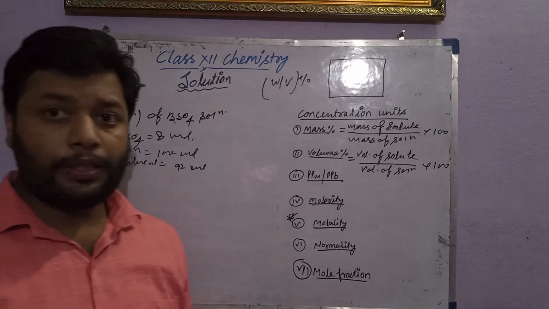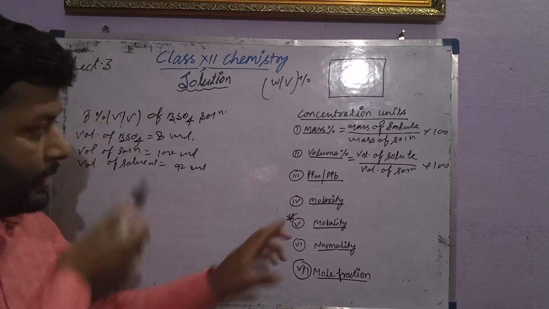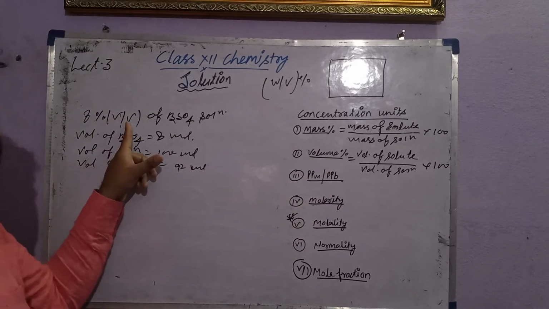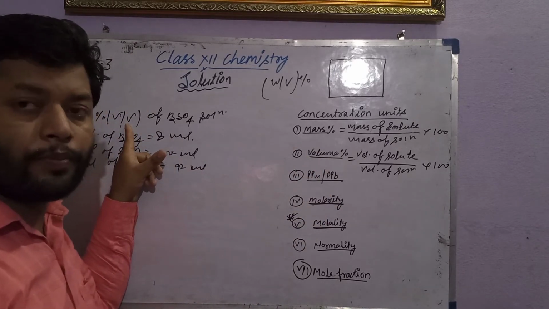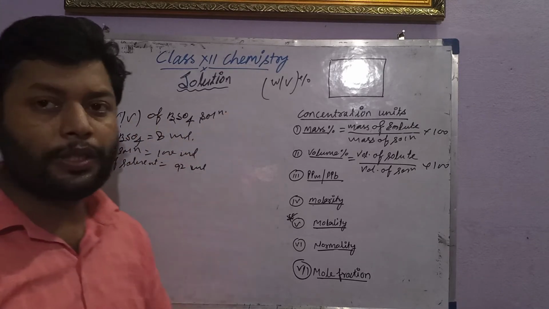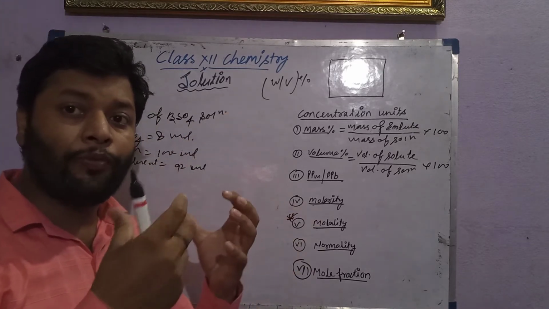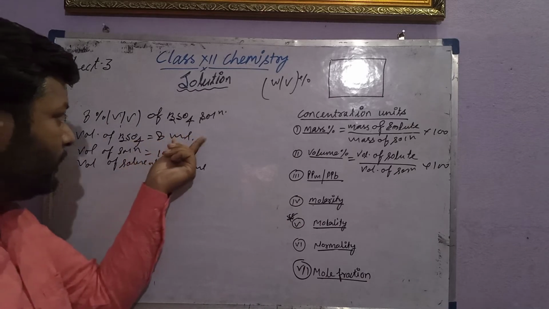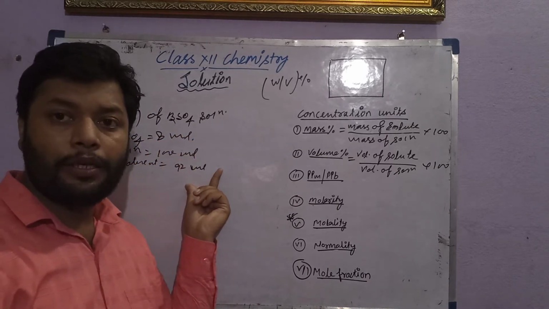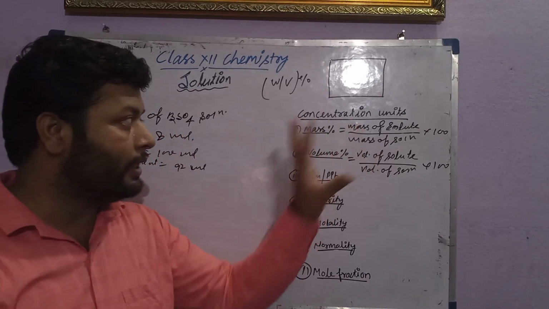The same section can be explained on the basis of, if there is given 8% volume of a sulfuric acid solution. So the same terms will be in a volume. Expressive terms is ml, milliliter, and in the above section there was actually gram.